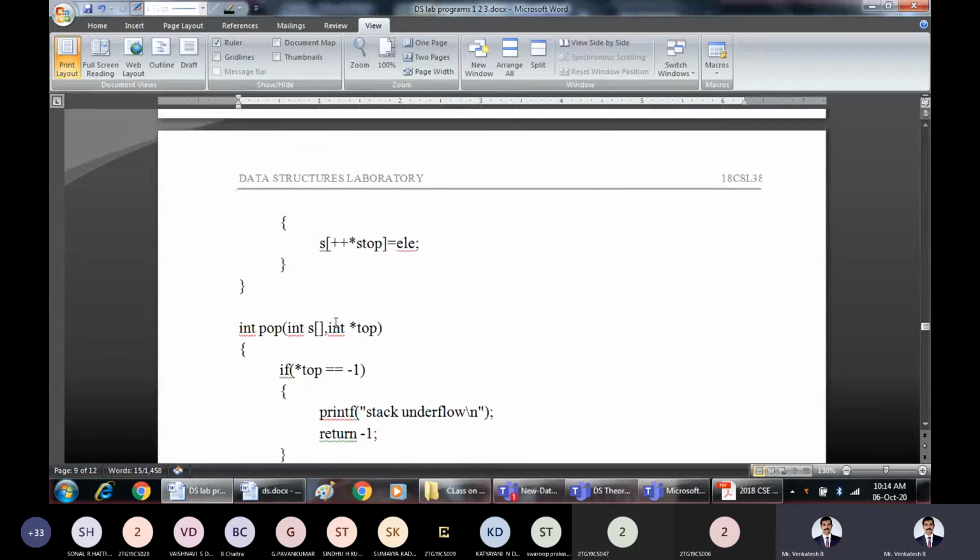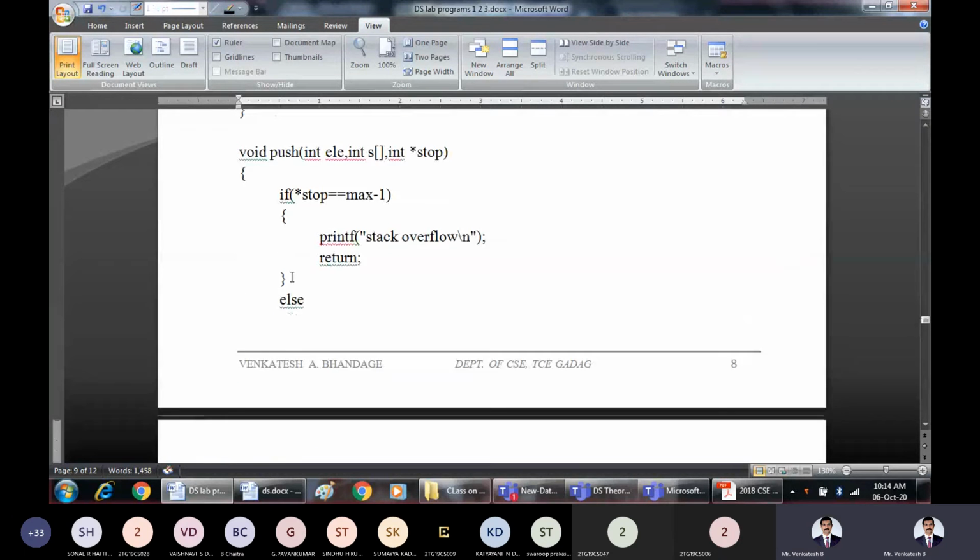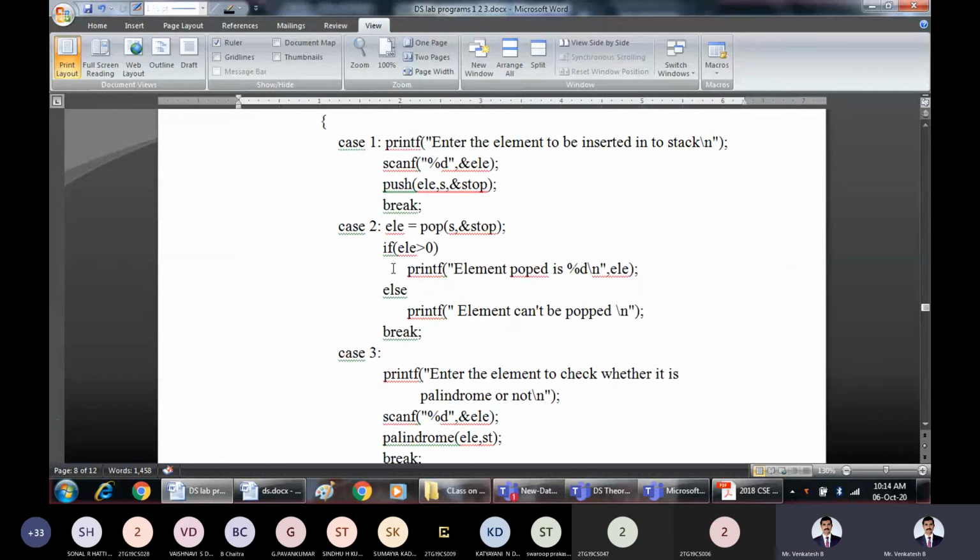So another important function here is the pop function. That means you should be able to delete the elements from the stack. Say you have given the second case, pop. This RHS will take out the element extracted from the top of the stack, and that will be kept in a variable called element, and that will be displayed here. If we are able to pop one element from the stack top, that element will be copied here and displayed.